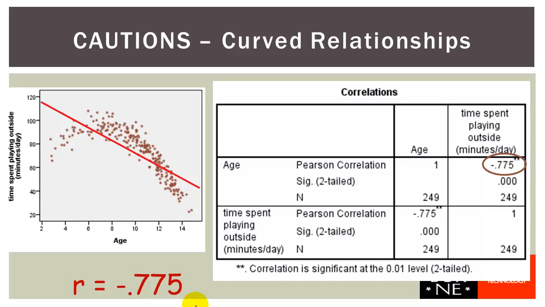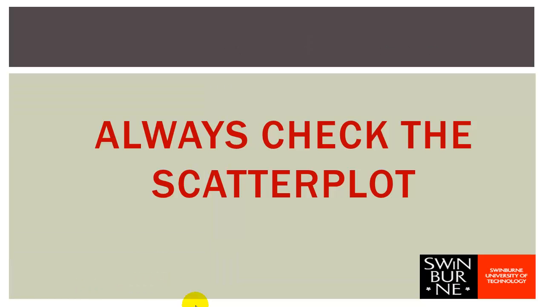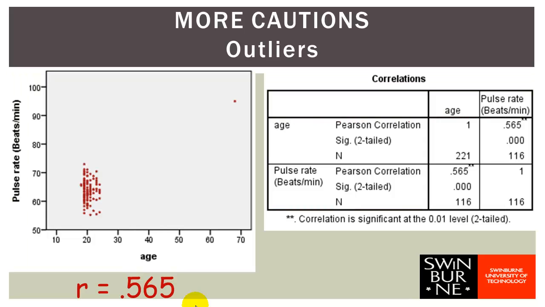So the moral of the story here is that you should always check the scatterplot. If the scatterplot shows a curve in the relationship, then it's not appropriate to use Pearson's R to measure the strength. You'll be underestimating how strong the relationship is. There are also other things that we should be using the scatterplot to check for before we report Pearson's correlation